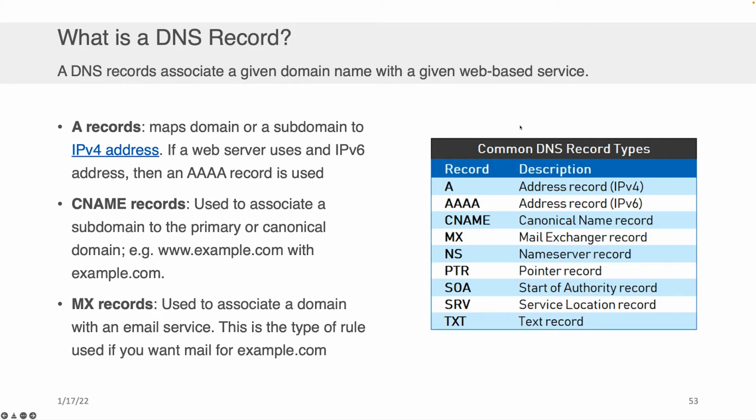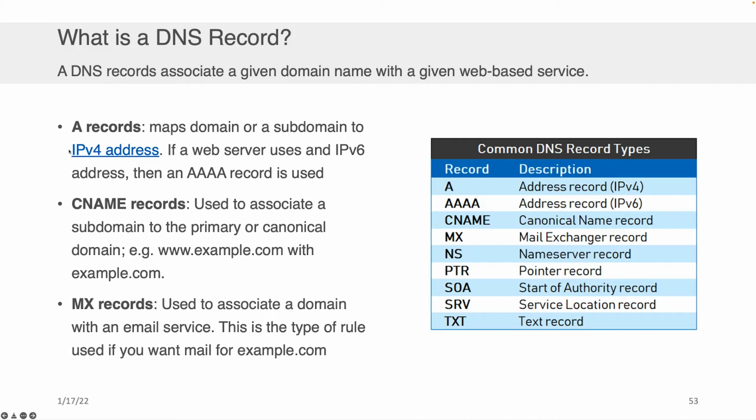I'm showing you a subset of them here on the right, the common ones: A, quadruple A, CNAME, MX, and so on. For the purpose of this class, you're probably going to use 3, maybe 4. Those are what I'm showing on the left-hand side. The first is A records. These map a domain or a subdomain to an IPv4 address, which we've already spoken about. Now, if a web server is using an IPv6 address,